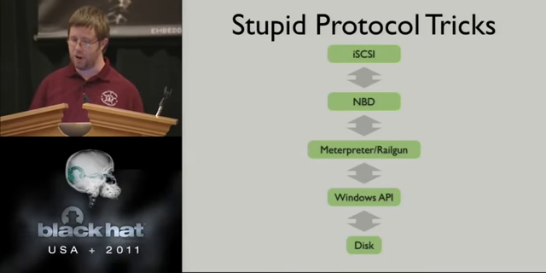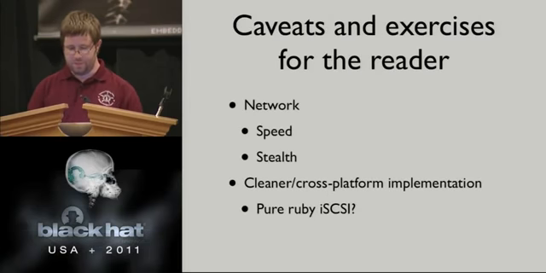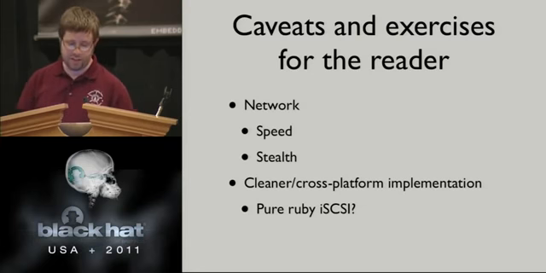Now in the future, it would be nice to have a Ruby implementation of iSCSI. I haven't looked into the protocol. Maybe it's easy, maybe it's hard. I don't know. All I know is that Windows' built-in support for iSCSI is kind of awful. It hangs up, it crashes a lot, and I don't think it's my fault, but it might be. I'd hate to be using this for anything but hacks. Let's see. So that's what I'm going to demo: the iSCSI stuff.